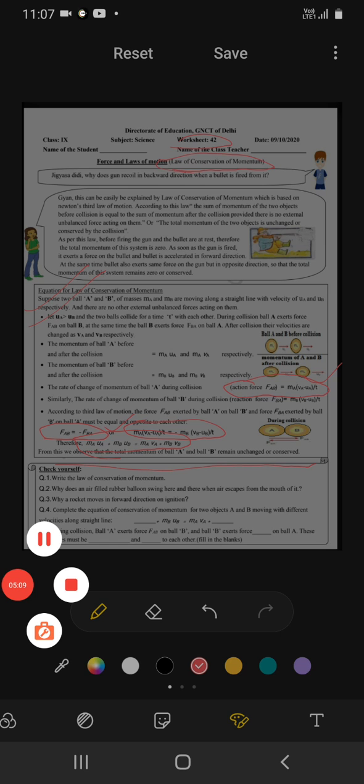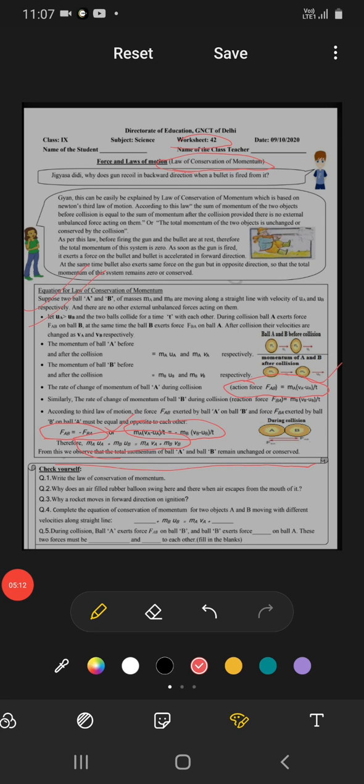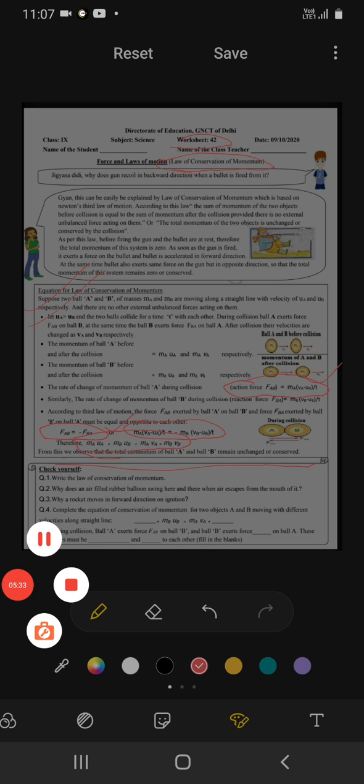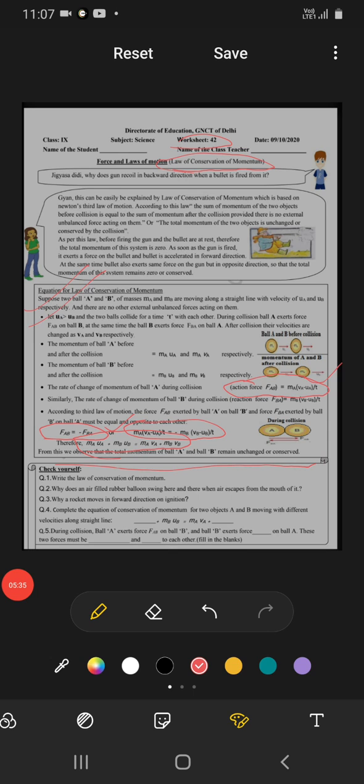And then we go with the questions asked in the topic of the law of conservation of momentum, which we have discussed earlier. Why does an air-filled rubber balloon swing here and there when air escapes from the mouth of it? You can also answer this question now. Why does a rocket move in the forward direction on ignition? So you will have to do all these questions according to your own